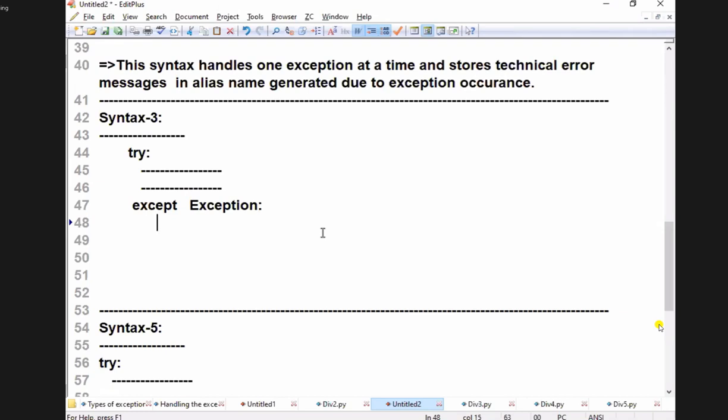Why? Exception is a super class for many exceptions. You can just write something like, oops, something went wrong. So rather than leaving it empty, you can write something like this.